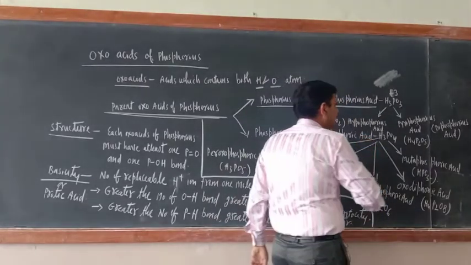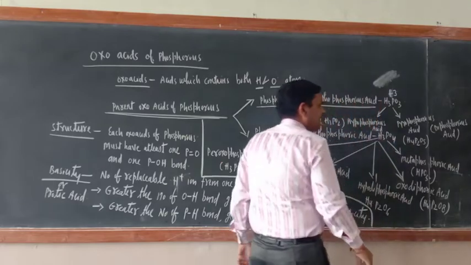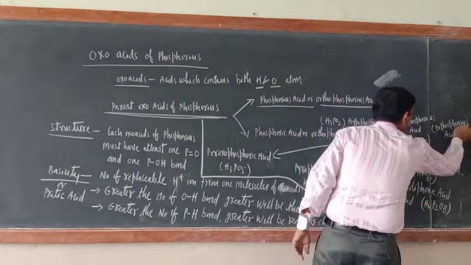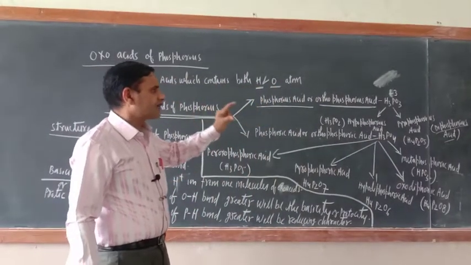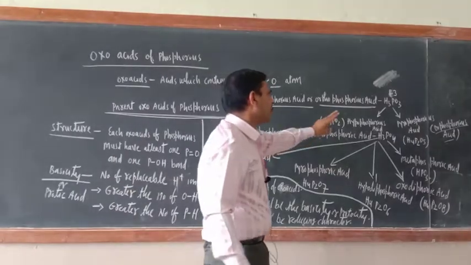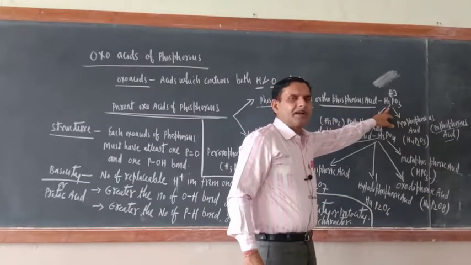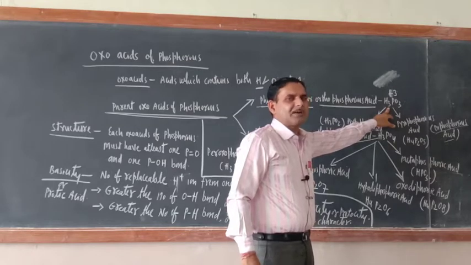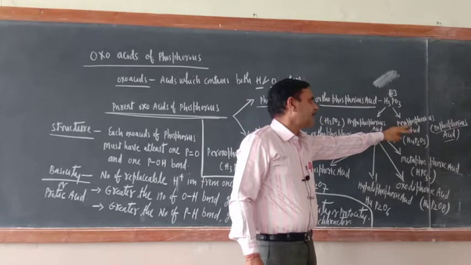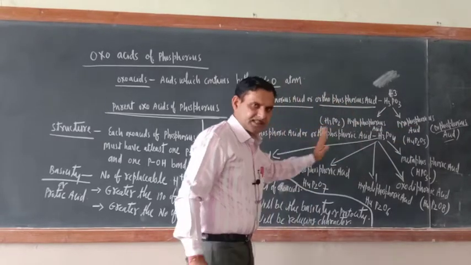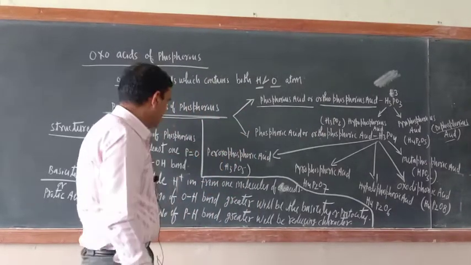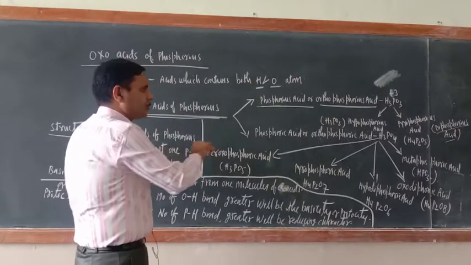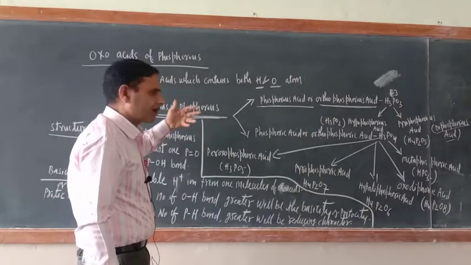Next one is pyrophosphorus acid, or this is also known as diphosphorus acid. You do one thing, take two molecules of H3PO3 and from the two molecules remove one molecule of water. So whatever is left, that is pyrophosphorus acid or diphosphorus acid. Don't worry. Just see the introduction and afterwards I will tell you how whatever I am speaking here is formed. Now in the blackboard space is less, that is why at a time I am not completing.